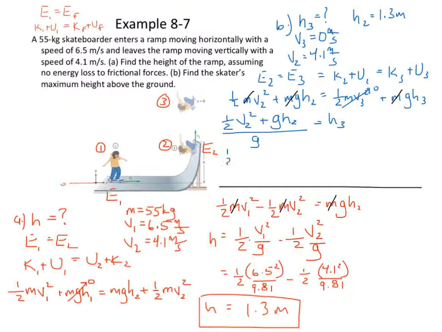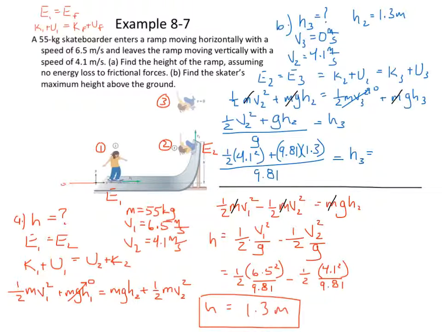So 1/2 times, what's the velocity at 2? Position 2 right there. It's 4.1, and that's going to be squared. Plus 9.81 times our height at 2. What's our height at 2 right there? That height we solved in the last part, right? That was 1.3 meters. All divided by 9.81, 9.81 being g. And this will solve for our height 3 right here, which if we plug in our values,